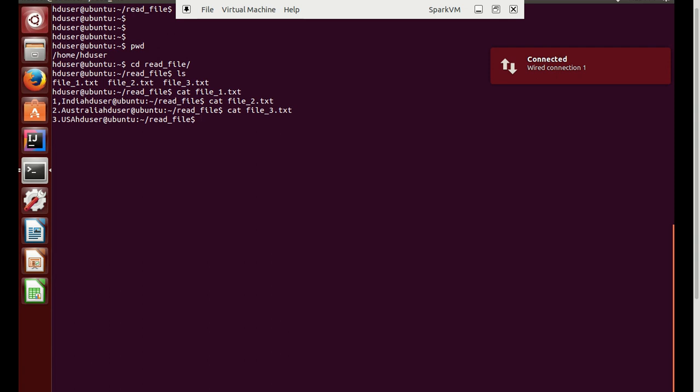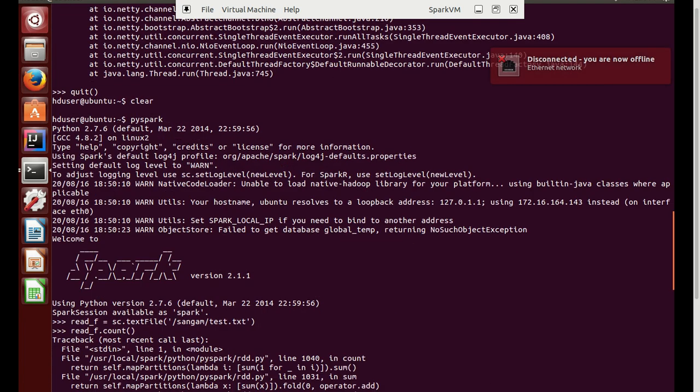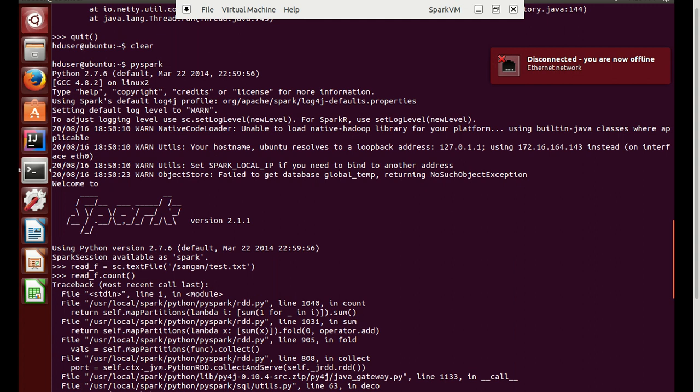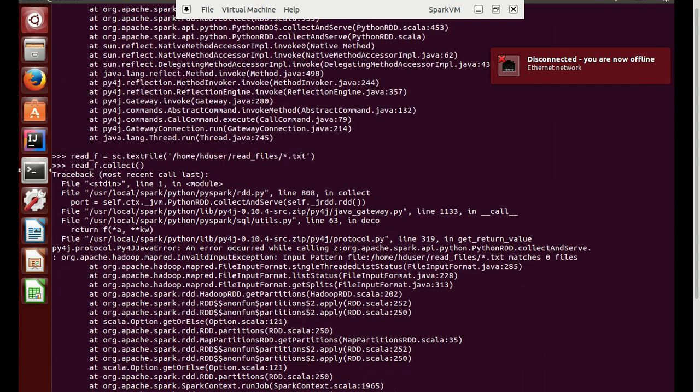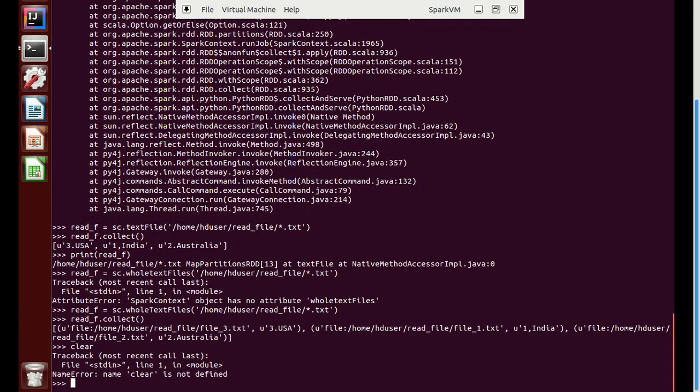Let's go back to the other terminal we have already opened. I have already started Spark here. In our previous lecture we understood how to open the Spark shell for PySpark. We need to write pyspark, and we have Spark version 2.1.1. First of all, we'll try to read the files. We already know we have the Spark context available in the variable sc.